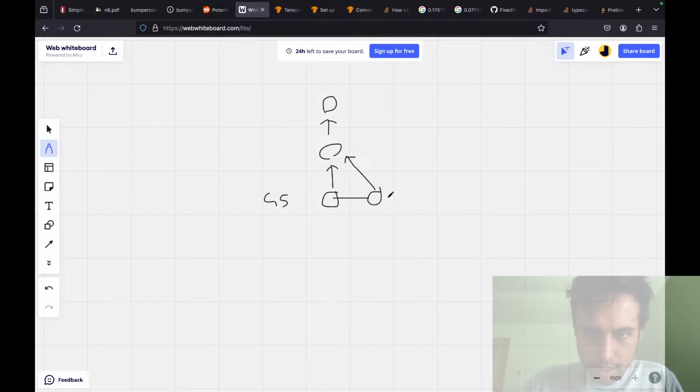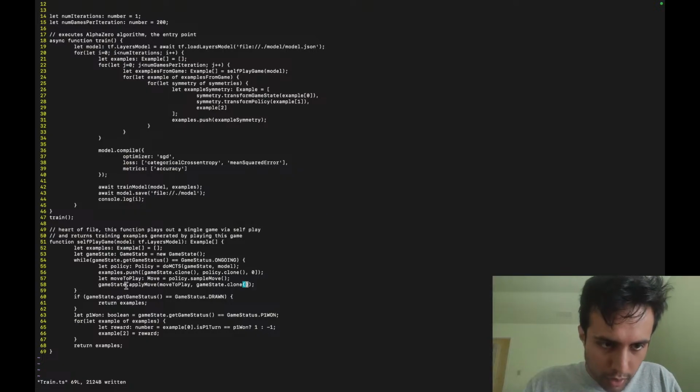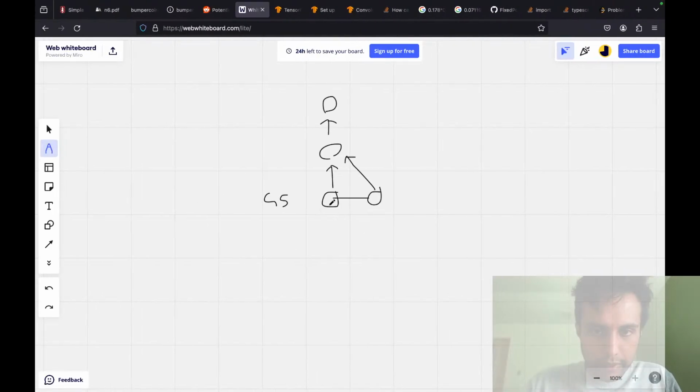Right? This is like GS copy. This is a clone of GS. So technically they're both GS. This is like GS clone. Right? This is the clone. And then when we call apply move on this game state object, then on move to play, we just apply the move. We're basically taking this object, and I'll write this is GS clone, GS copy,